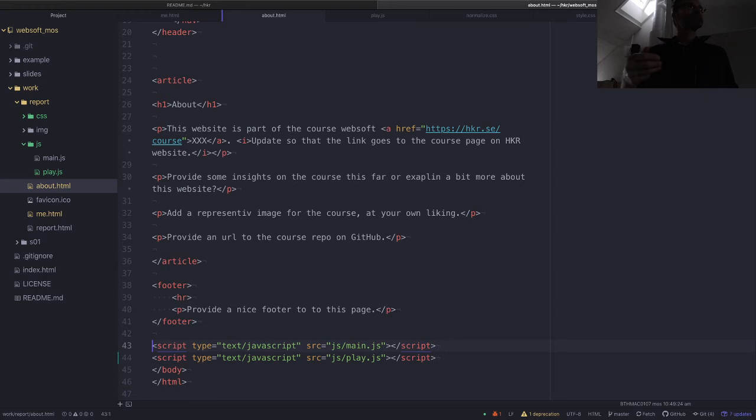I put it where I might put the... It should, yeah, so it should work in the header also. So it depends a bit, but as a general rule, let's put them at the bottom, because then the browser can load the